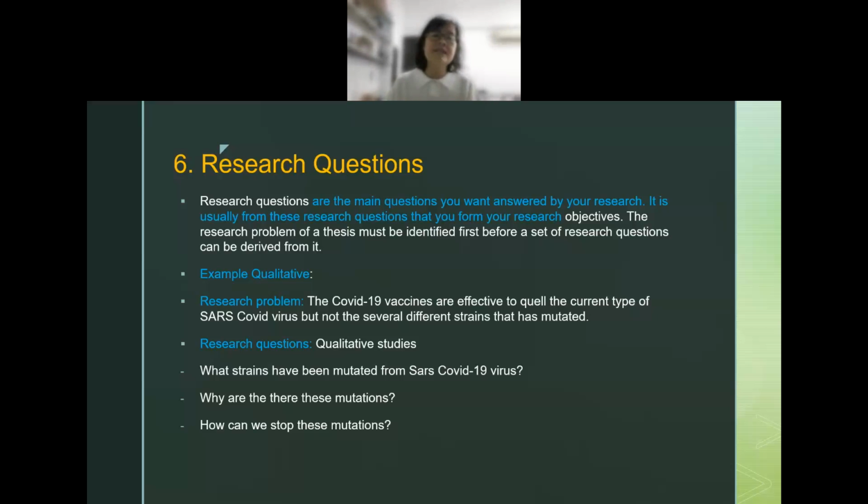Normally research questions, if you have 4 to 5, is a lot already for a PhD study. For research for masters, 2 to 3 is already a lot. Understand? Because of the length of time. Sometimes from one question, you can come up with 10 other questions inside the questionnaire you're going to circulate to the people you're going to interview. So research questions are general guides to your questionnaire, remember.